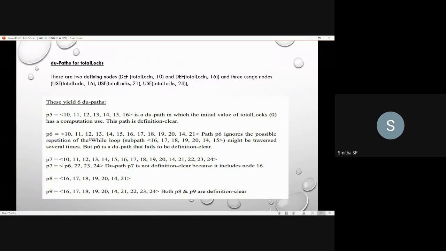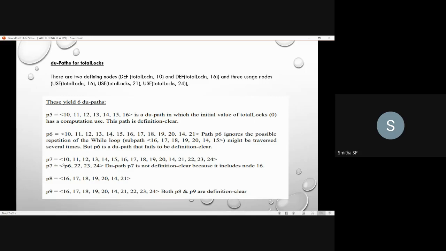So that we discussed. Next, in the 6th path, so up to 16, you know that you will be using it here for the total logs updation, and in the 21st node, you will be using it for the printing of that logs sold. Okay, so that is the total logs value. You will be taking it and you will be printing it as the logs sold in the 21st node. Okay, the path you will be traversing here from 16th to 21st node is 17th, 18th, 19th, 20, and again 14th and 21. You know that why you will go for 14th again, because to check whether the logs value is equals to -1 or not. Okay, so this is the path for the second usage.